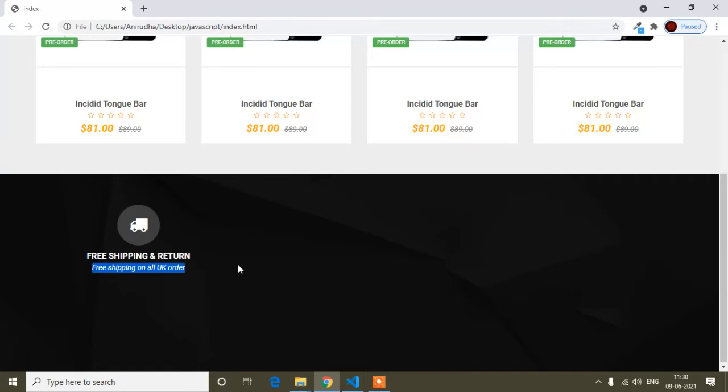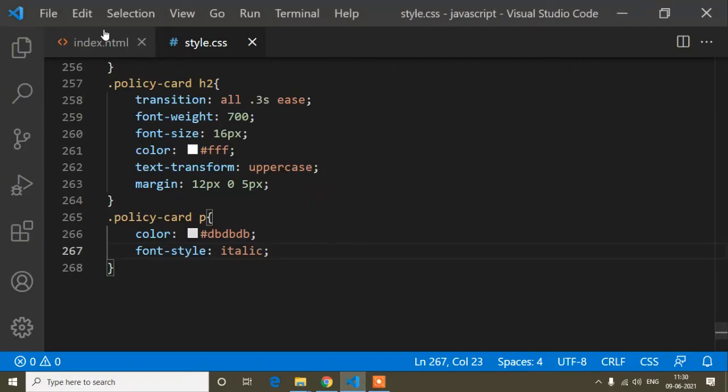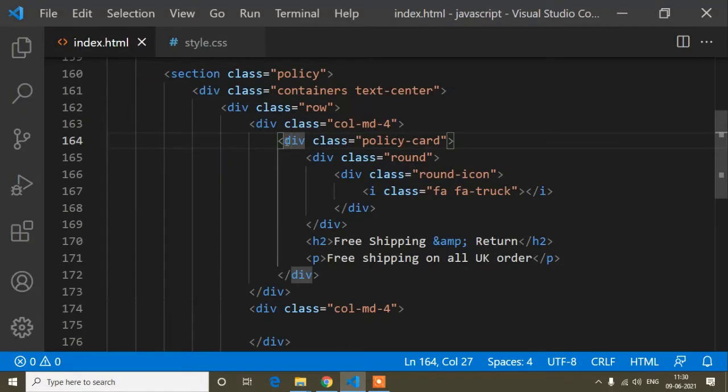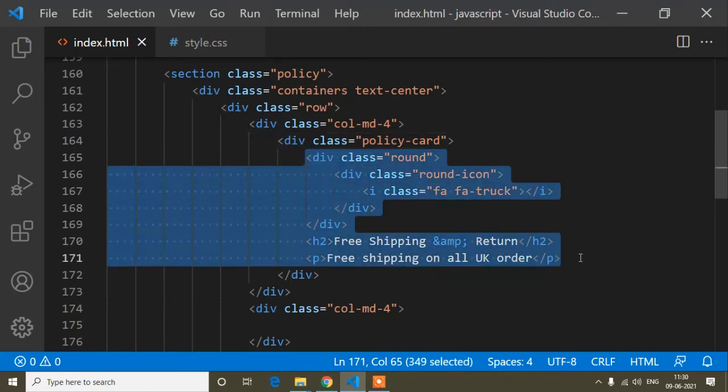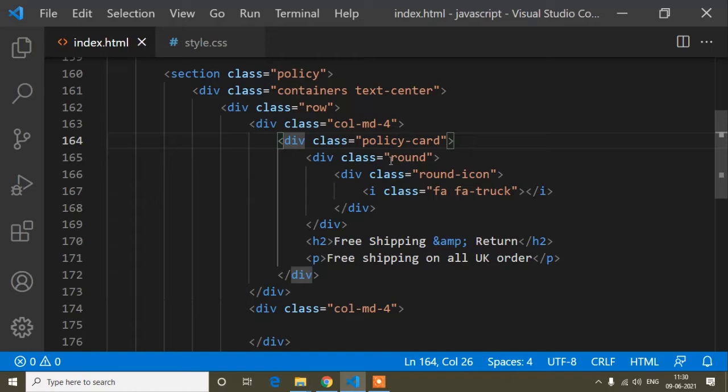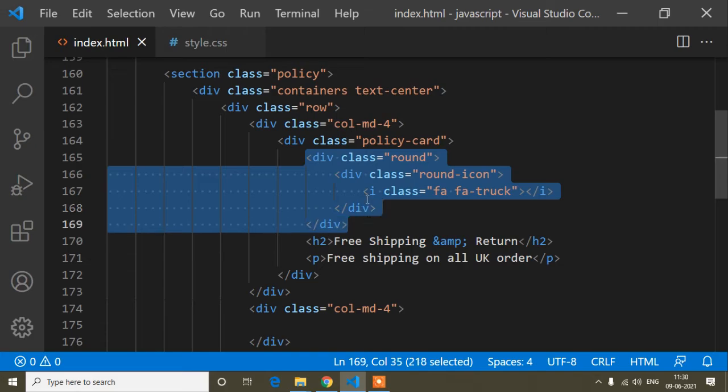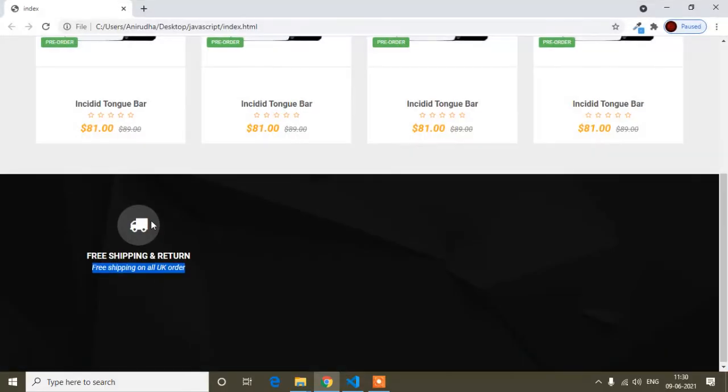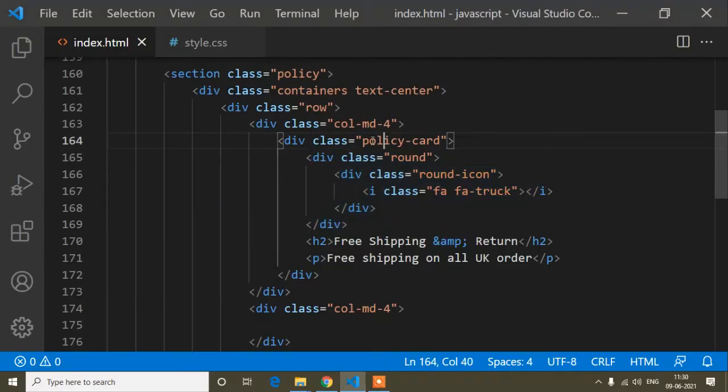And now guys, when I hover on this product card, I mean if I show here, this one, inside this product class is everything. So when I hover on this parent class, I mean this product card, first of all I will change the color of this round, this one. Okay, and after that this h2 tag also. So I will copy this product class, and here I will add the hover effect.